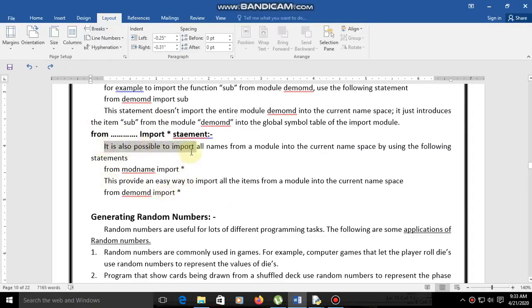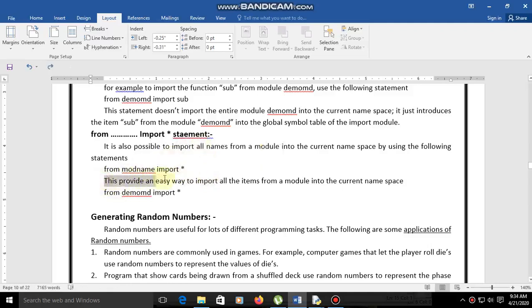It is also possible to import all namespaces from a module into the current namespace. In the program we are creating, we can also import the module from the Python modules, like demo md, right? We do this by using the following statement: from module name import asterisk.